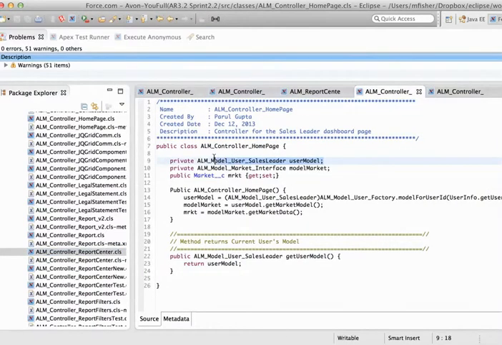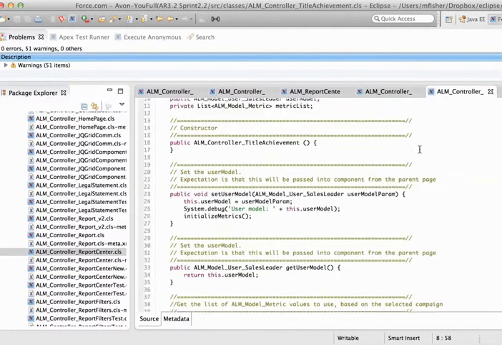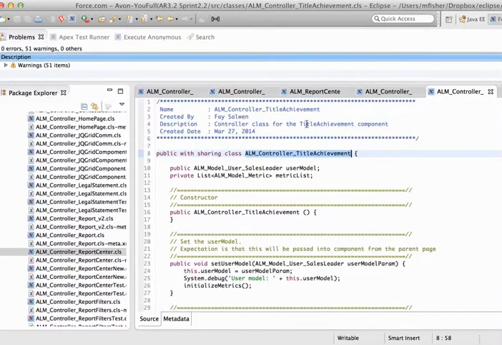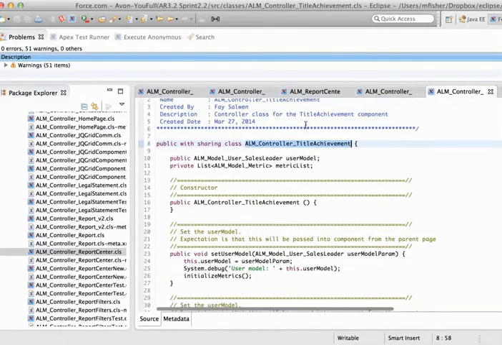a sales leader, because it will always be a sales leader. Then in the constructor, she's done her instantiation. All right, did her cast. Then she did a get user model. So what's happening is when the page is passing to the title advancement controller, or title achievement component that's here,